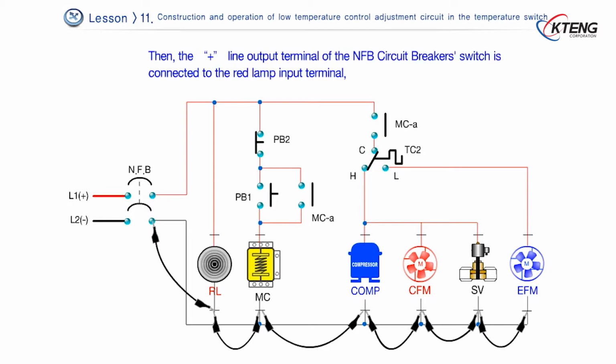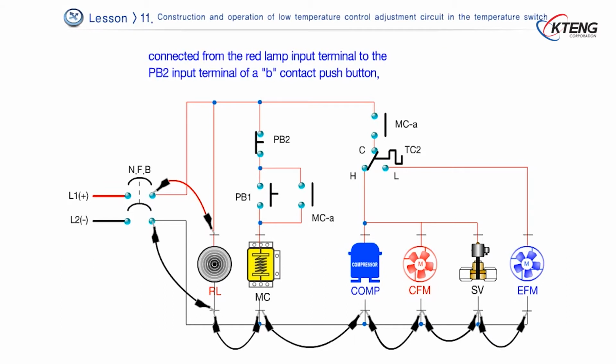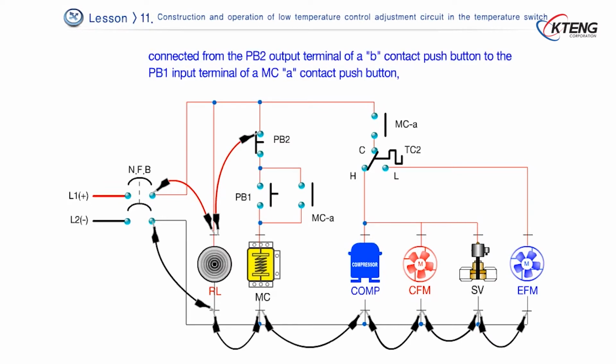Then the plus line output terminal of the NFB circuit breaker switch is connected to the red lamp input terminal, connected from the red lamp input terminal to the PB2 input terminal of a B contact push button, connected from the PB2 output terminal of a B contact push button to the PB1 input terminal of an MC A contact push button,